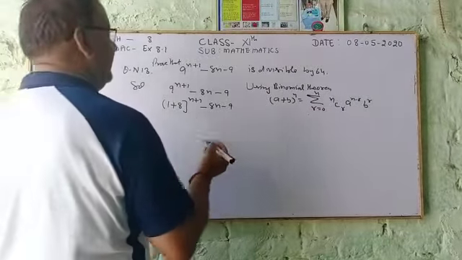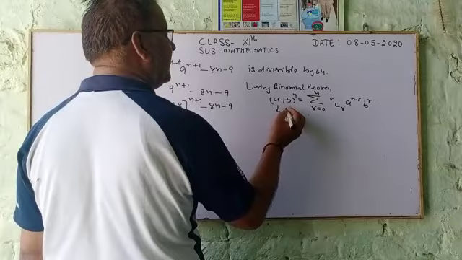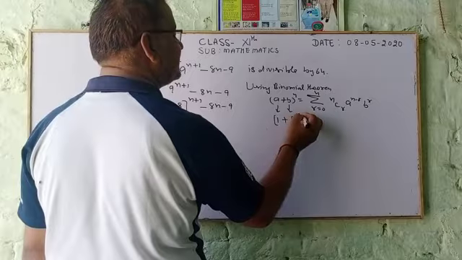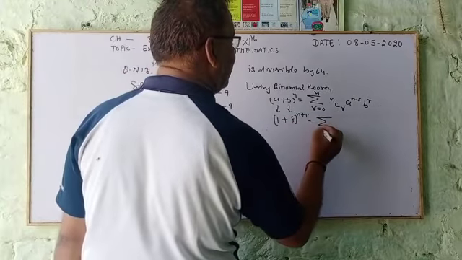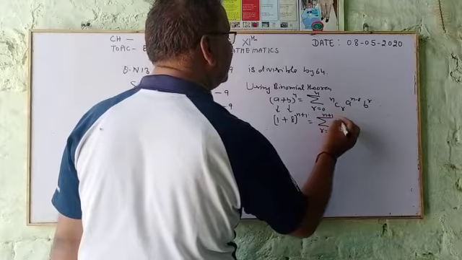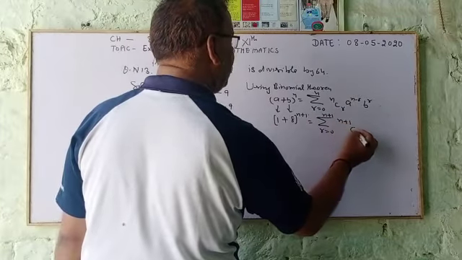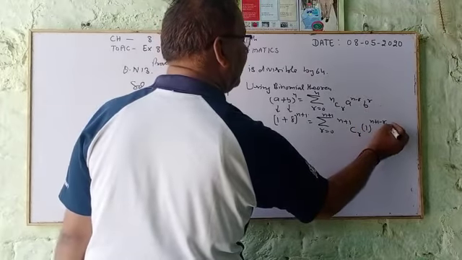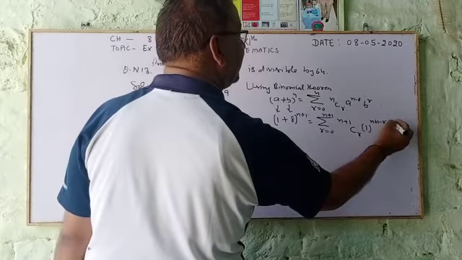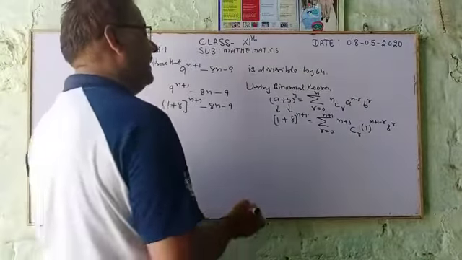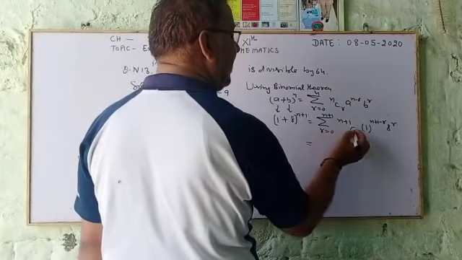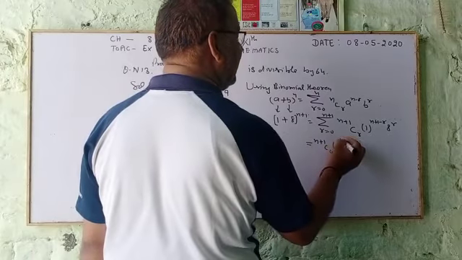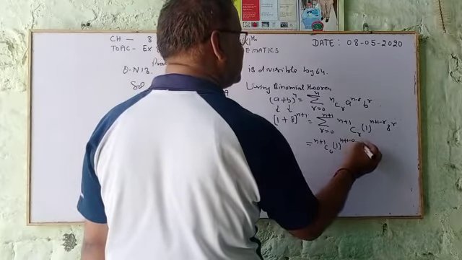So looking here, a equal to 1 and b equal to 8. So we write n replaced by n plus 1: sigma r from 0 to n plus 1, n plus 1 C r, 1 raised to power n plus 1 minus r, and 8 raised to power r. So looking here, we put r equal to 0: n plus 1 C 0, 1 raised to power n plus 1 minus 0, 8 raised to power 0,